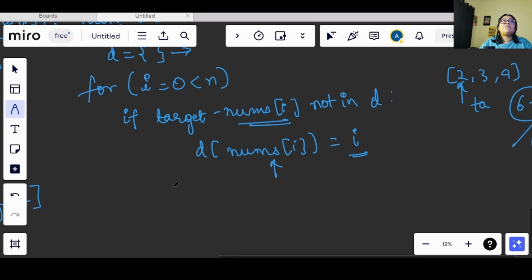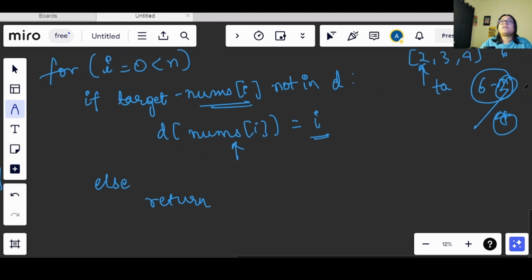Now if this is existing, else what I will do is return the value from the dictionary, and the I value.